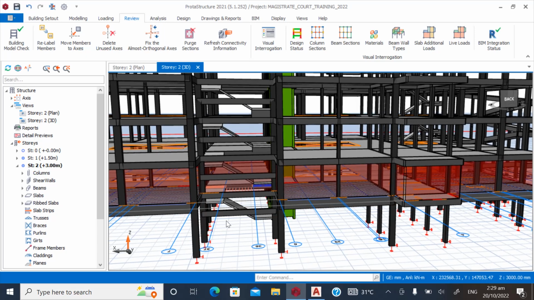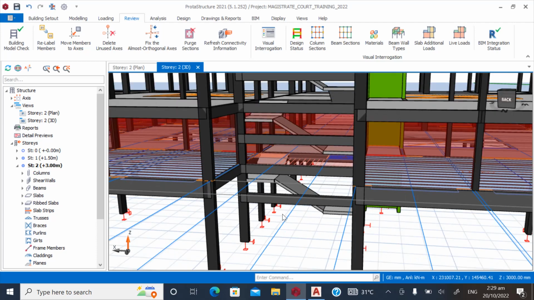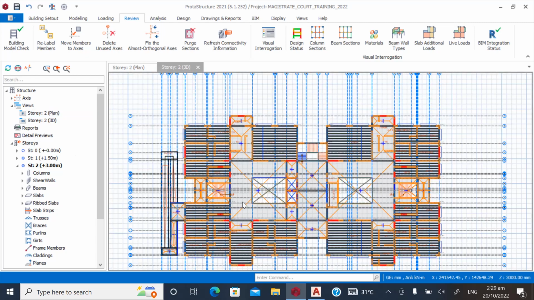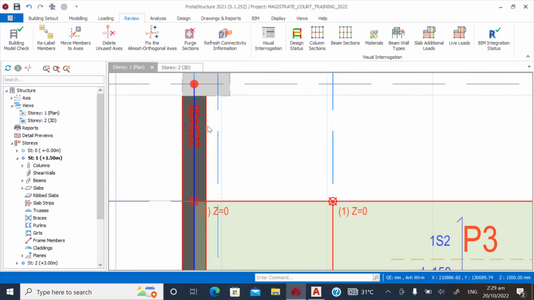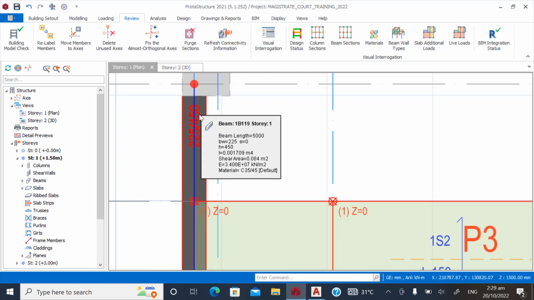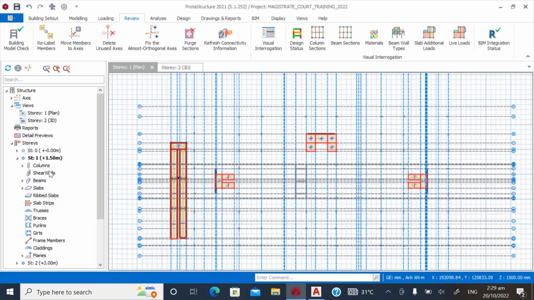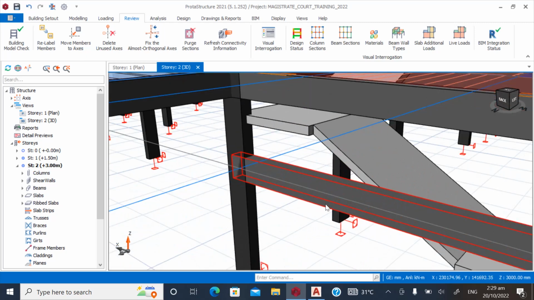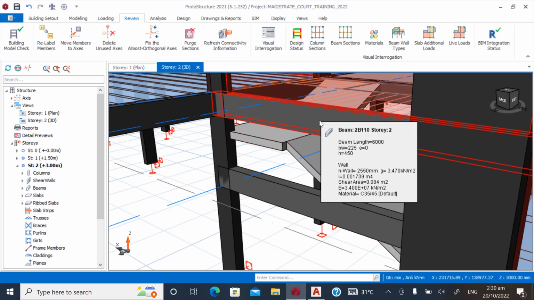Also, don't forget these beams at the mid-stories. Let's go to the plan, go to story 1. So we need to have a wall load here on this beam around the staircase. This one. So now, since the mid-story is about 1.5 and the height of this beam is 450, therefore